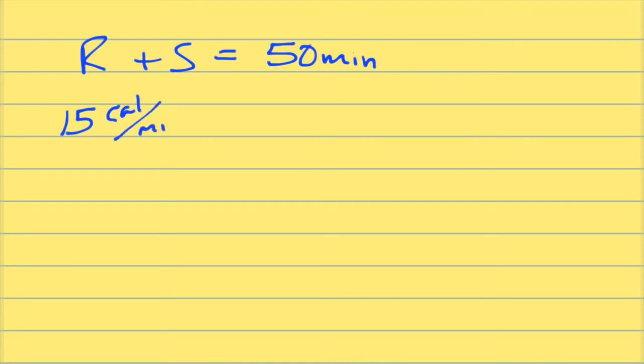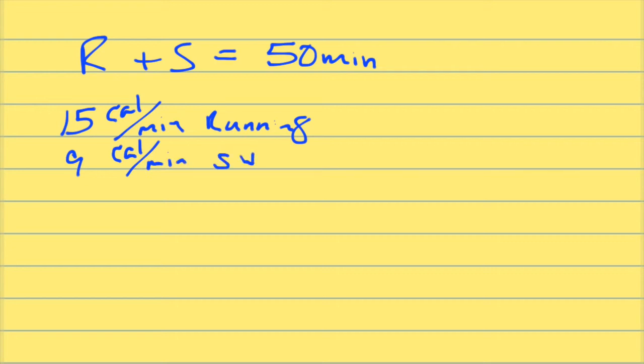The last example we're going to go over together today is example 5 in the book, a word problem. Your daily workout plan involves a total of 50 minutes of running and swimming. So let's write that: running and swimming is 50 minutes. You burn 15 calories per minute running, 15 calories each minute running, and you burn 9 calories each minute